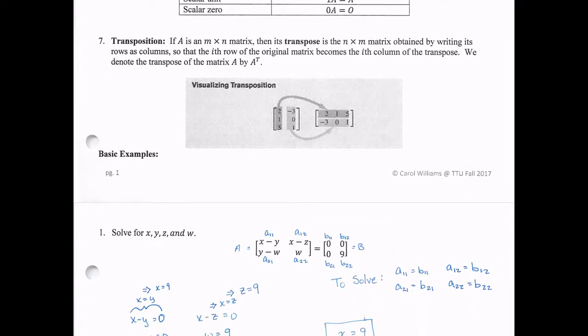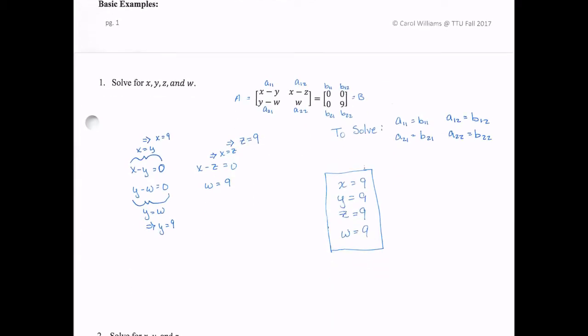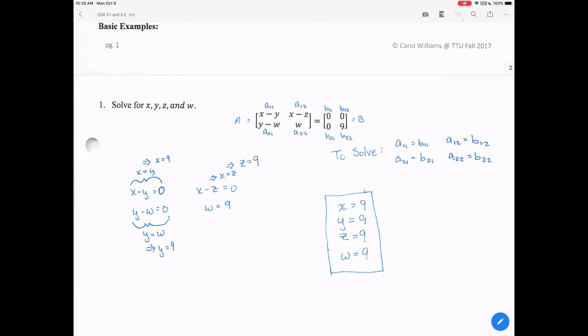Now, this may seem kind of short and quick, but addition is really, really simple because you have to do it term by term, okay? For addition of matrices,